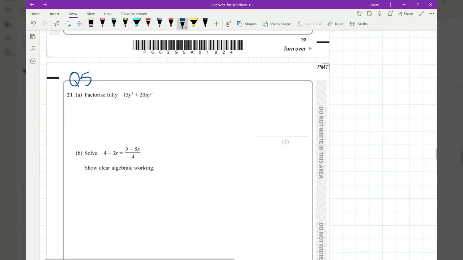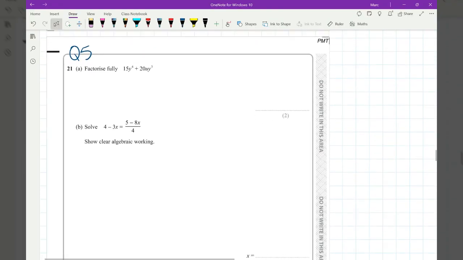Right, question 5, factorize fully. So I can get a y cubed out of both of these. But what I can't do is divide by u because there's no u in the first term. The highest number I can divide these both by is a 5. So that comes out as well. Okay, 15 divided by 5 is 3, and then y to the 4 divided by y cubed is y, and then 20 divided by 5 is 4, and then y cubed divided by y cubed is just 1,